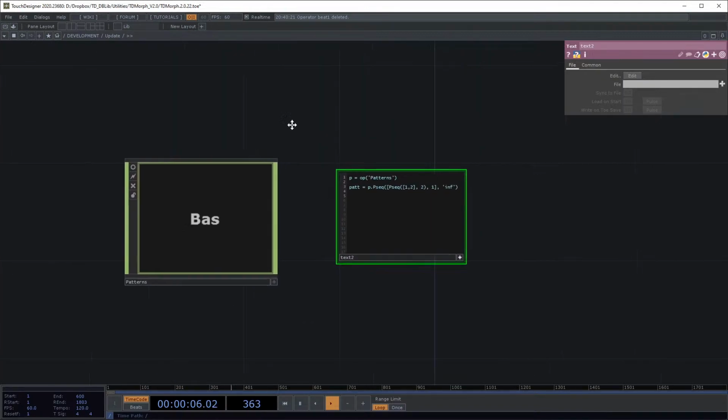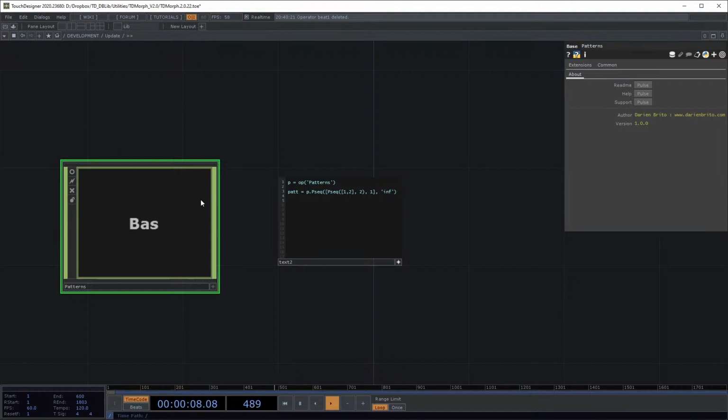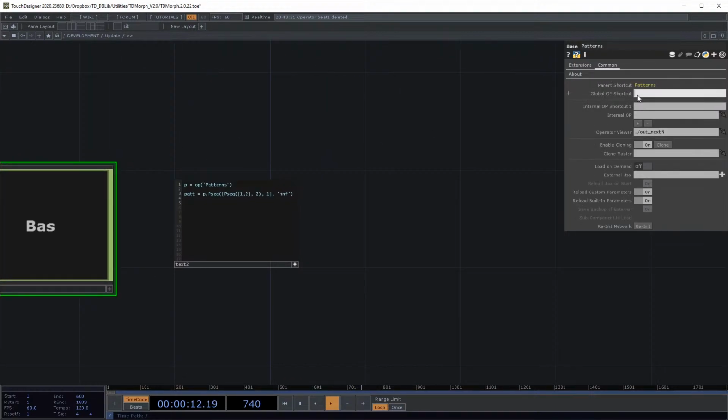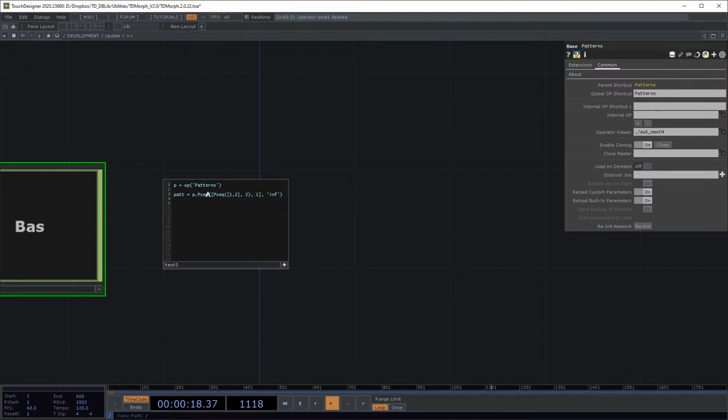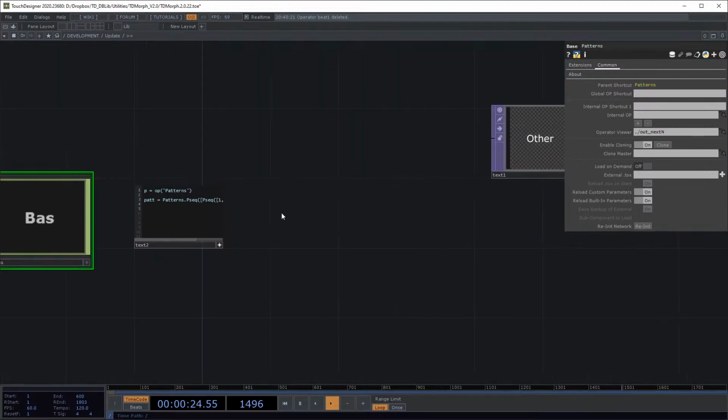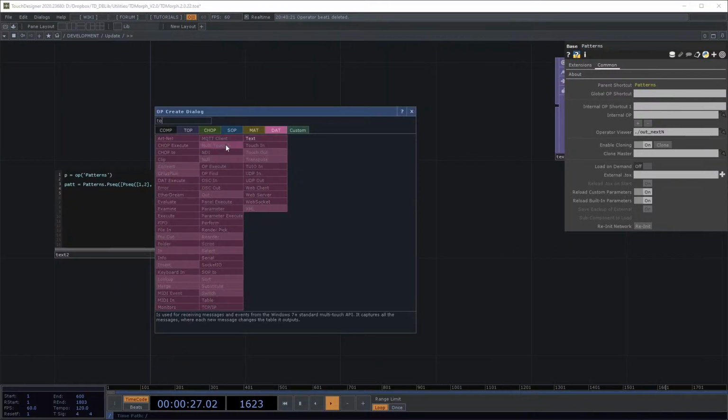So the only downside of this is you need to have this box here. You could create a global shortcut, sure, call it patterns, but I don't like global shortcuts too much. You could now do this patterns.psec. That's one possibility if you want to put it anywhere in your thing. But you can also do